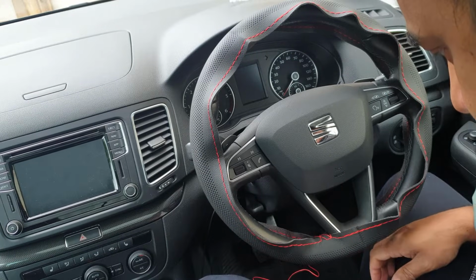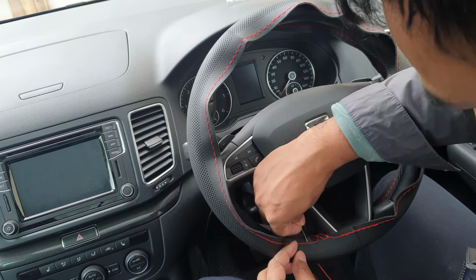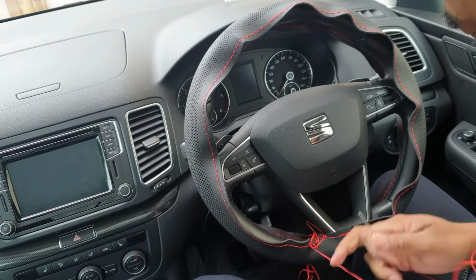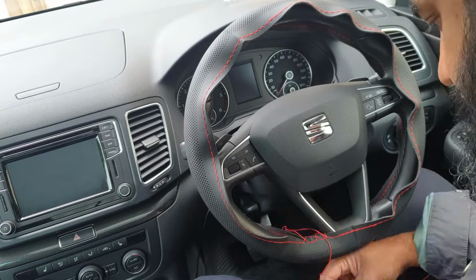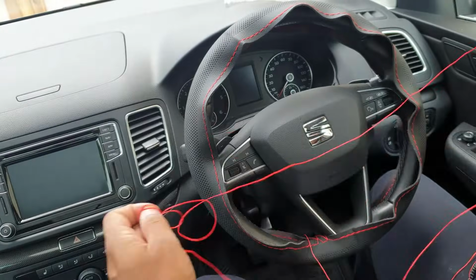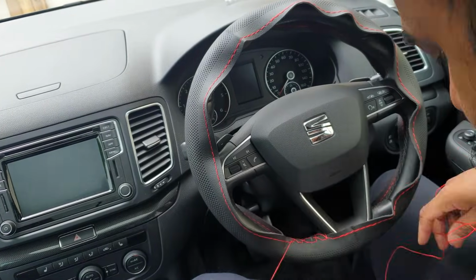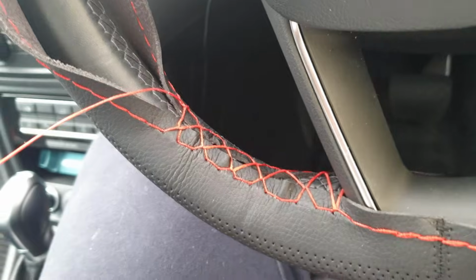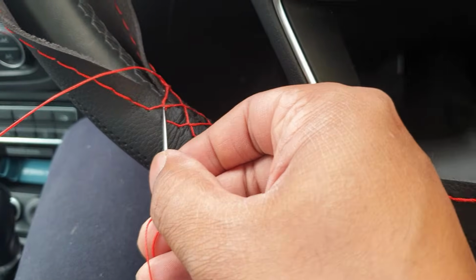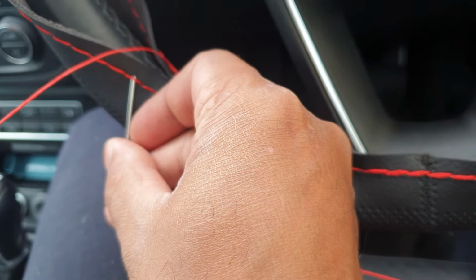So you can see it just goes around like that. So I've done that one. I'm going to go to the next one. As you can see, I'm basically just going round in circles through each of the loops. So what I do, I come to this side. I've stitched above this one here. I'm going to miss one out, go to the next one. Just got to be careful not to puncture the